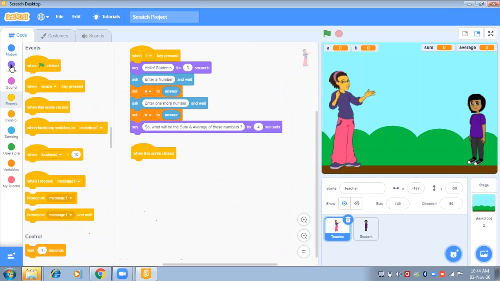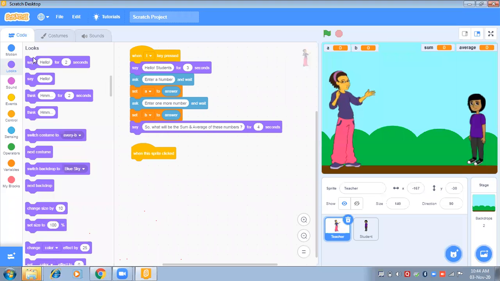So we will go to the looks block again and drag this say block. Instead of hello, you can write excellent, or you can write very good, with an exclamation mark, and wait for 2 or 3 seconds.